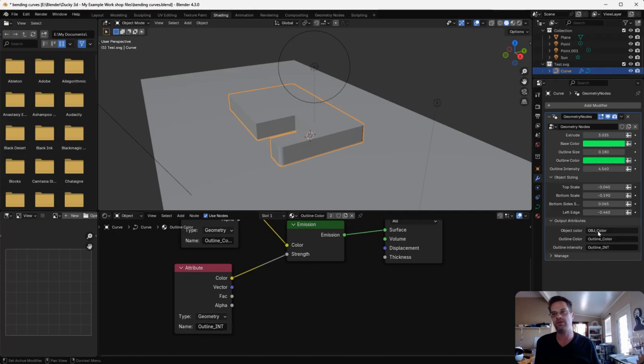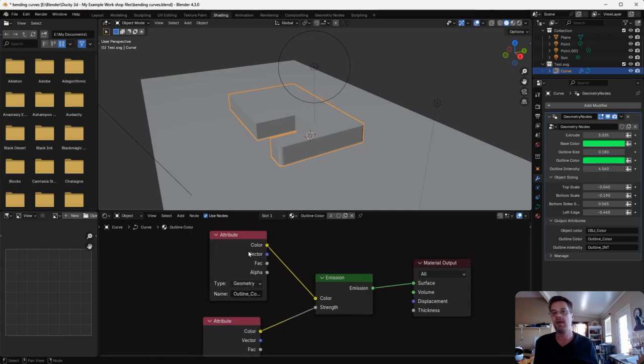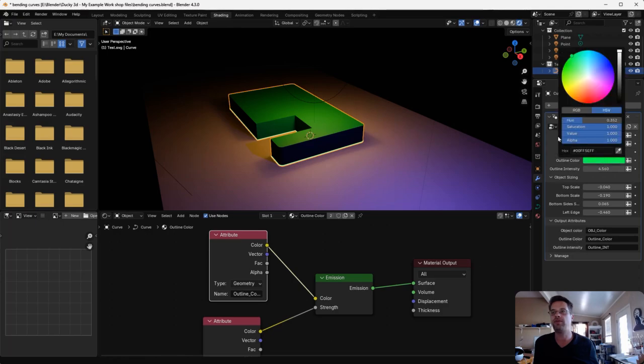You can copy and paste it, or type it in yourself, just make sure it's the same name. Then I feed those into their respective inputs. I wanted this attribute, the outline color, which is the green, to